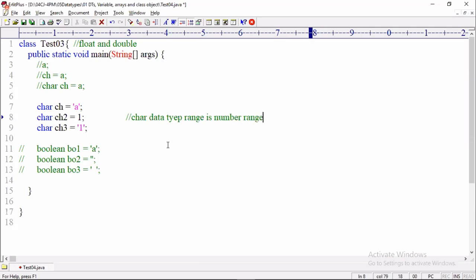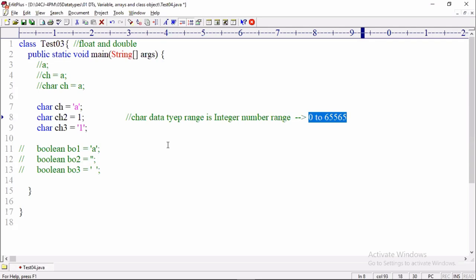Okay, it accepts numbers. What numbers? Can it accept any number range? No. It is the integer type number range. It accepts 0 to 65,535. Between this range, you can assign any number to the char data type.